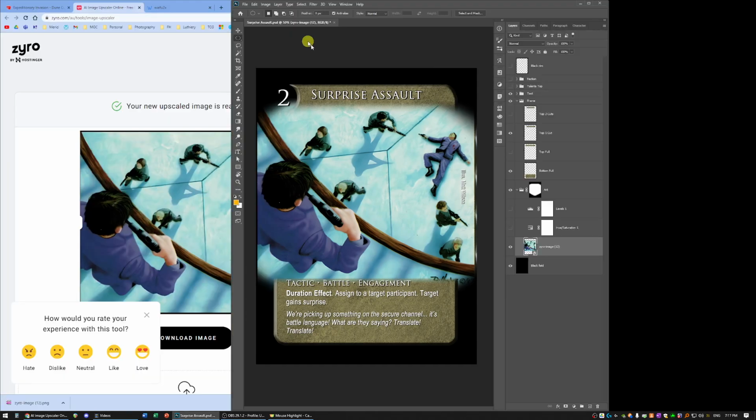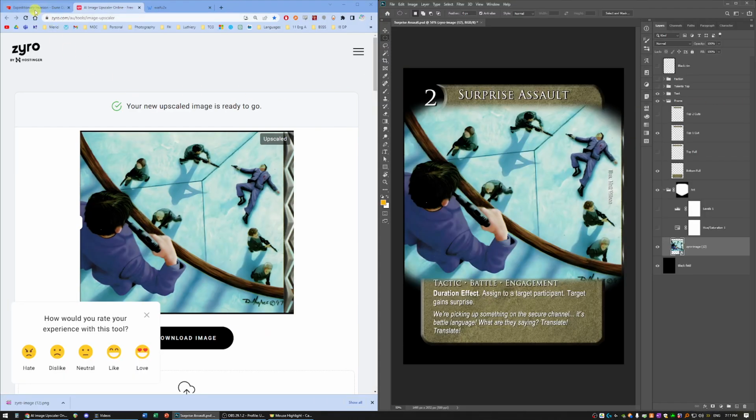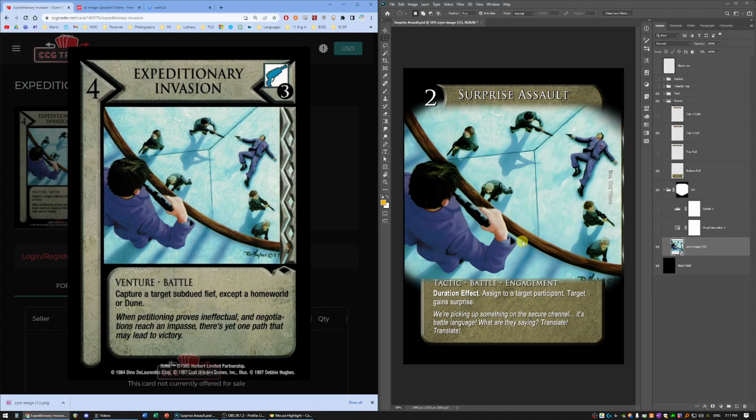Now I'm going to bring this back to my two windows and go back to the card itself so I can compare side by side, and I can see this card uses a symbol up on the top right. So I'm going to go up to here to my talents top section, and I'm going to enable it, and you can see that it shows up the, I think this one's the